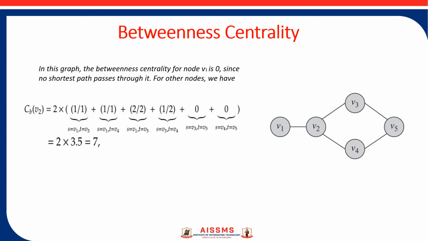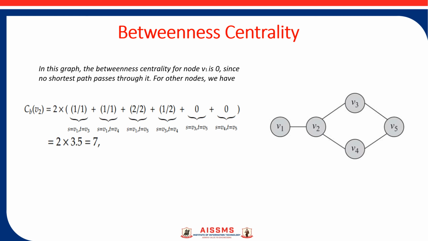Now if we change the source and destination to V1 and V4, then from V1 to V4 again there is one shortest path which passes through V2, and the total number of shortest paths comes in the denominator. Similarly, if we change S and T to V3 and V4, we see that there is only one path in which V2 exists, and in the other path V2 does not come into the picture. So in the numerator there will be 1, and in the denominator there are 2 possible shortest paths.